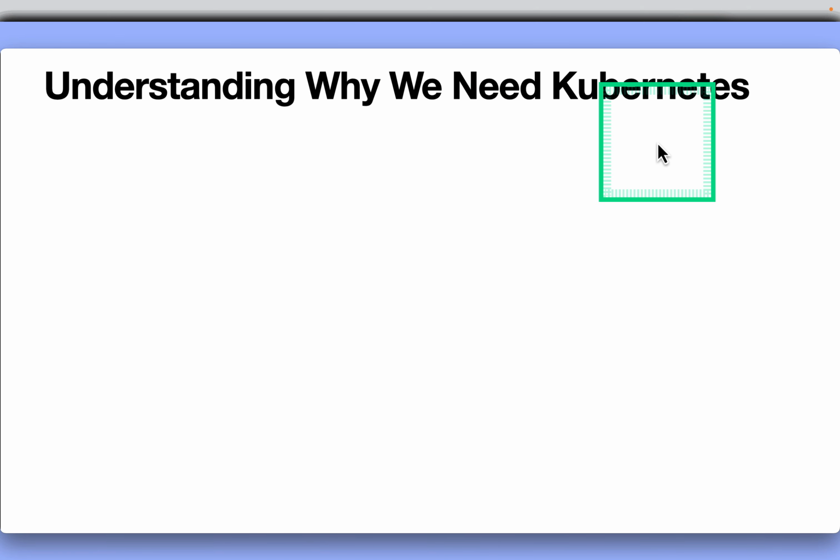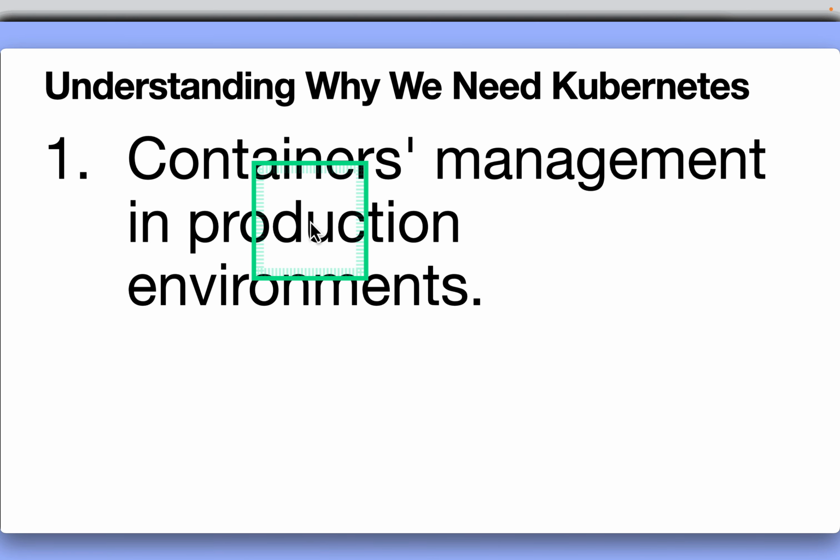Understanding why we need Kubernetes. In a production environment, we need to manage the containers running applications and ensure no downtime. If a container goes down, another container needs to start automatically. Kubernetes handles this behavior. So if you just run that container using Docker or Containerd, there is no guarantee that